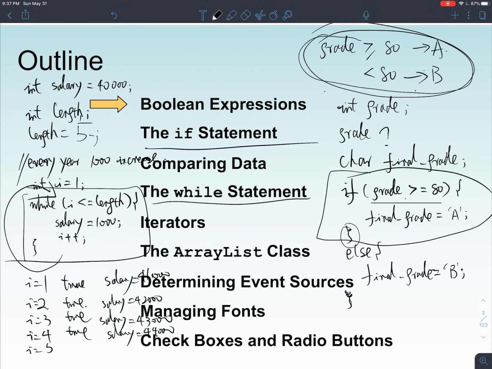At year 5, it is still true because 5 is less than or equal to 5. So we have salary equal to 45,000. And finally we reach i equal to 6. When i equals 6, it comes back to check if this condition is true or not. It's false, so it will terminate the loop and go to execute whatever is remaining after this block